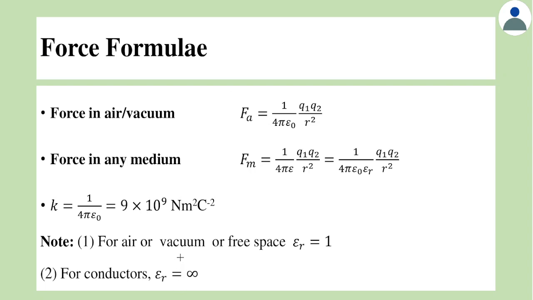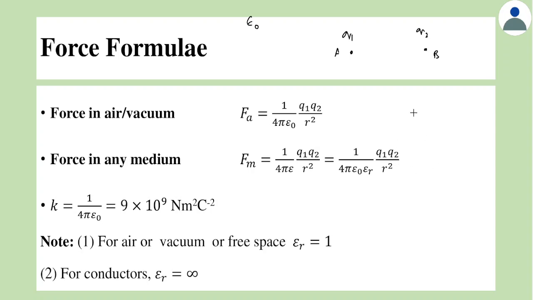What about the force in a different medium? That is, if the 2 point charges were placed in air, we call them q1 and q2, or a and b, and the separation was given as r. Suppose the entire setup is placed in some other medium, for example, dropped in a liquid. In that case, the force should change, because the permittivity will not be constant. It will change with the medium. Epsilon naught was the permittivity for free space, so this is not the same everywhere.